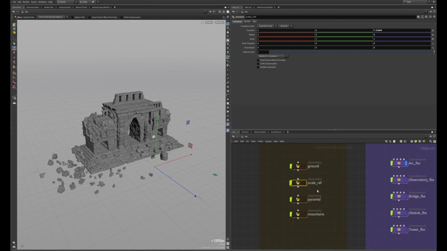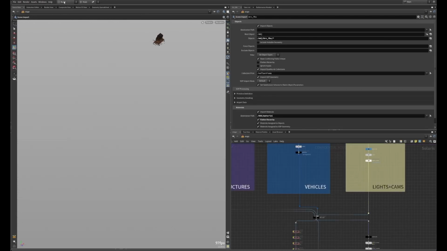What I did was I just made a little man and scaled the things accordingly, because you can have files from anywhere that were made for some specific project, and they're all having different scales. So it's important to standardize everything and get it all as ready as possible before bringing them into LOPs. So we can hit the N key and jump to LOPs, but I'm in my build desktop, so